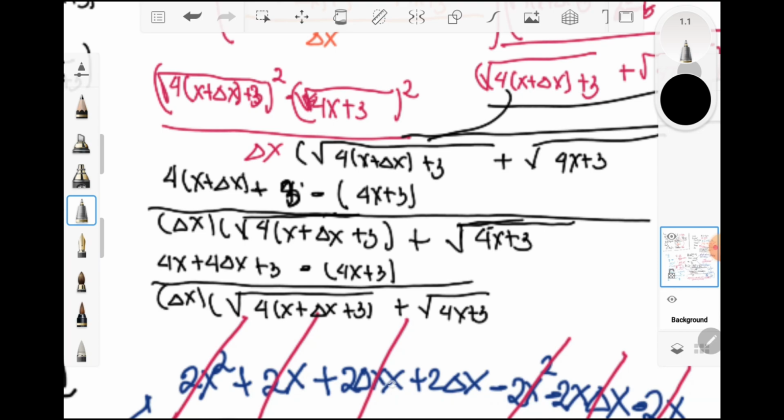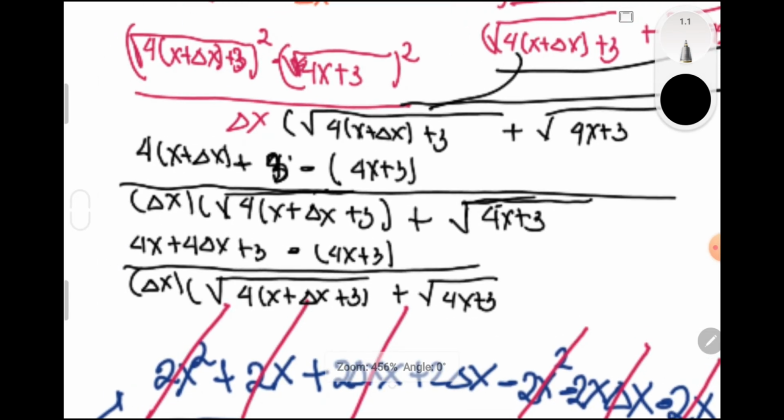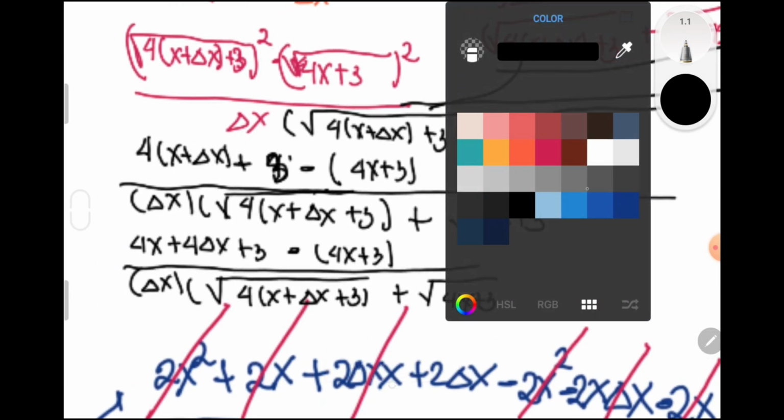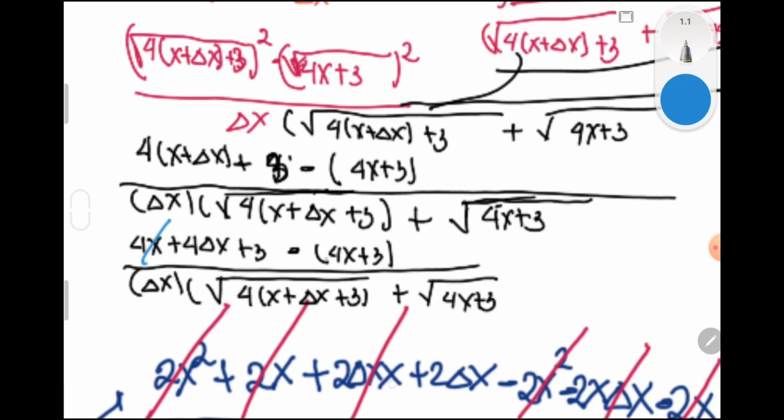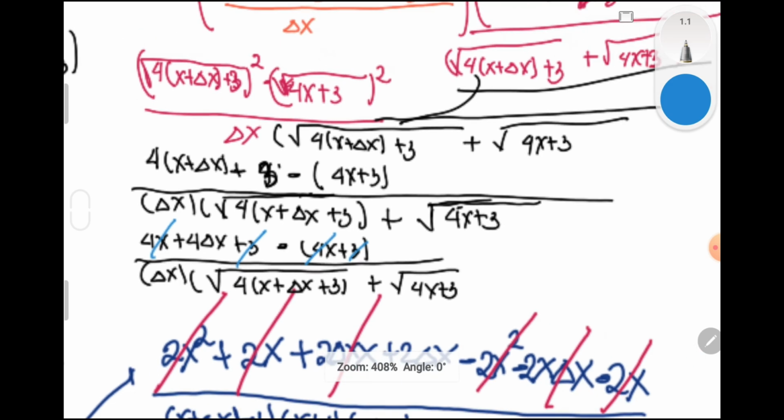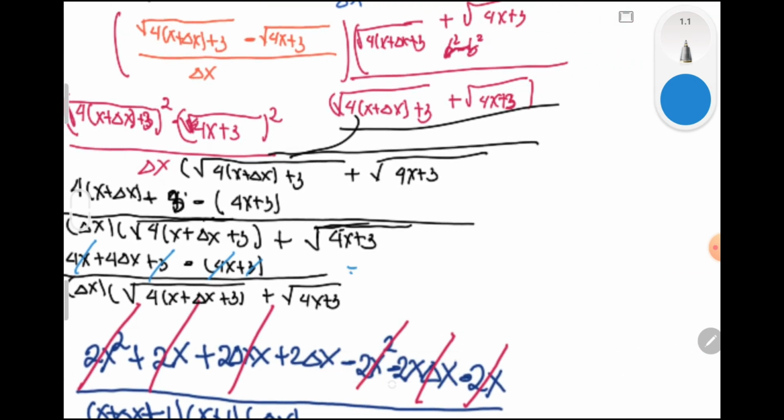Here you will notice that we have 4x minus 4x, which is equal to 0, and also 3 minus 3 is equal to 0. So therefore we'll have 4 delta x